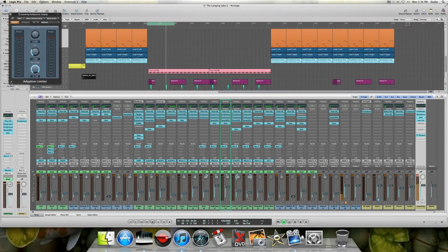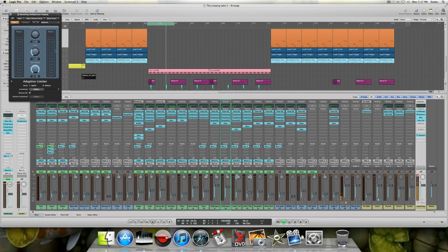But just to show you guys, because not everybody has the Waves stuff, the adaptive limiter is what you want to use on your mastering chain if all you have is just what comes with Logic, which actually does a great job. This little arrow right here, click on that, put your look ahead all the way to the 200 milliseconds as far as it'll go. Make sure it's on no over. And then you can hear, if I bypass this,